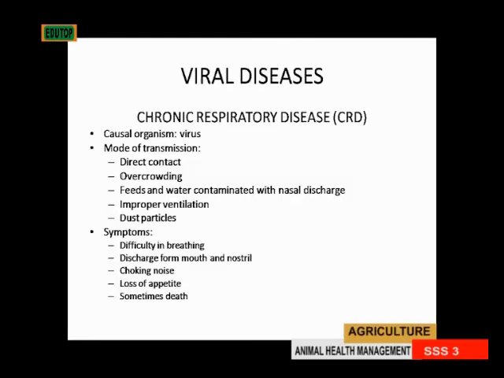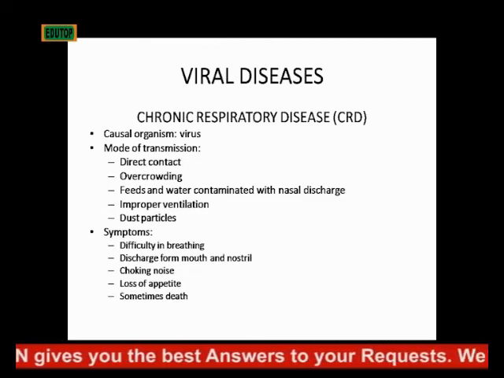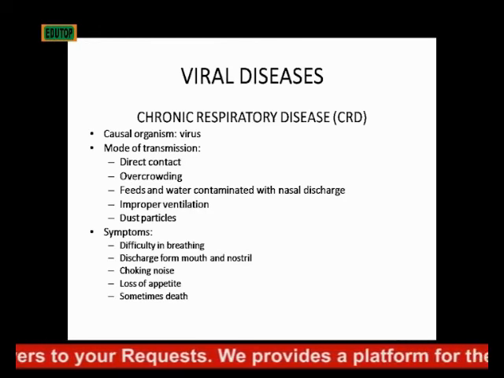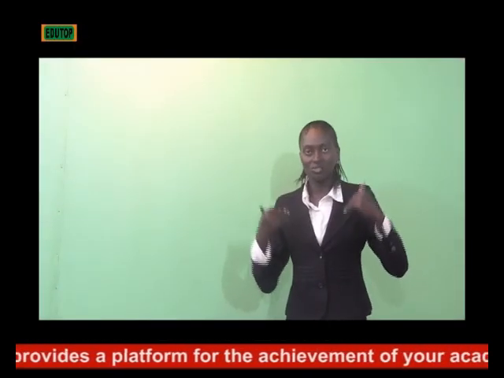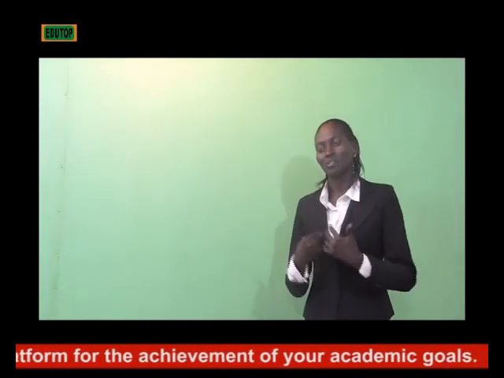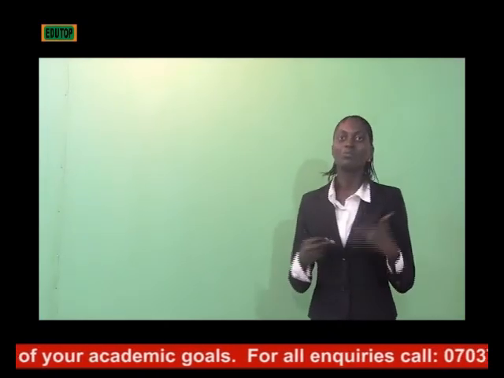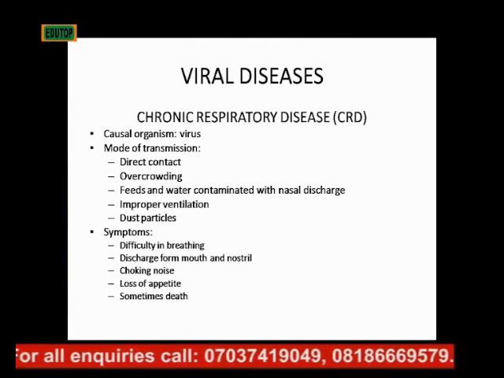Then the next viral disease is chronic respiratory disease, also called CRD. The causal organism is a virus. Mode of transmission is by direct contact, overcrowding, and contaminated feed and water with nasal discharge. Because it's a respiratory disease, the animal has nasal discharge. So once its feed and water are contaminated with that nasal discharge, any animal that feeds on that same water or feed will get infected. Then another way of transmitting this disease is improper